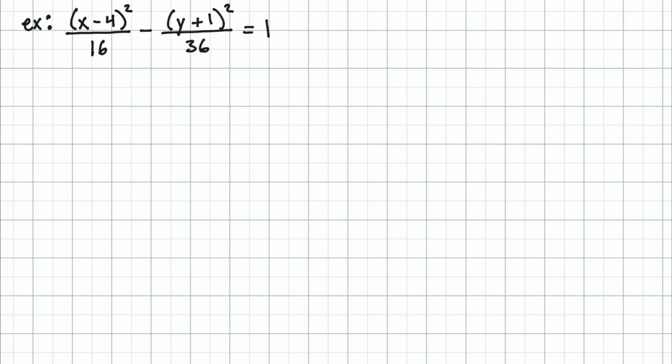Okay, let's start with the center. Remember, it's opposite h, opposite k. h always goes with x, so it's going to be (4, −1). Here's a squared. a squared equals 16, so I know that a equals 4. We have to know which way it's opening. Well, if x squared is listed first, then I know it's going to be a horizontal